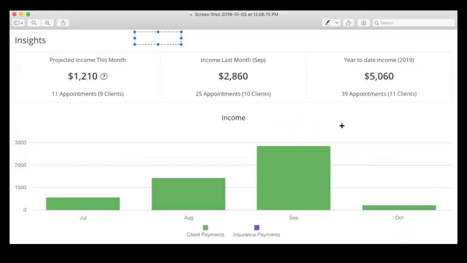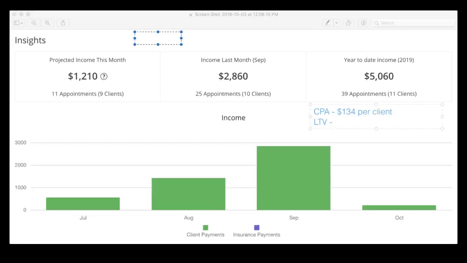So let me come back here and share this again. Okay, so to wrap this up, cost per acquisition is $134 per client.